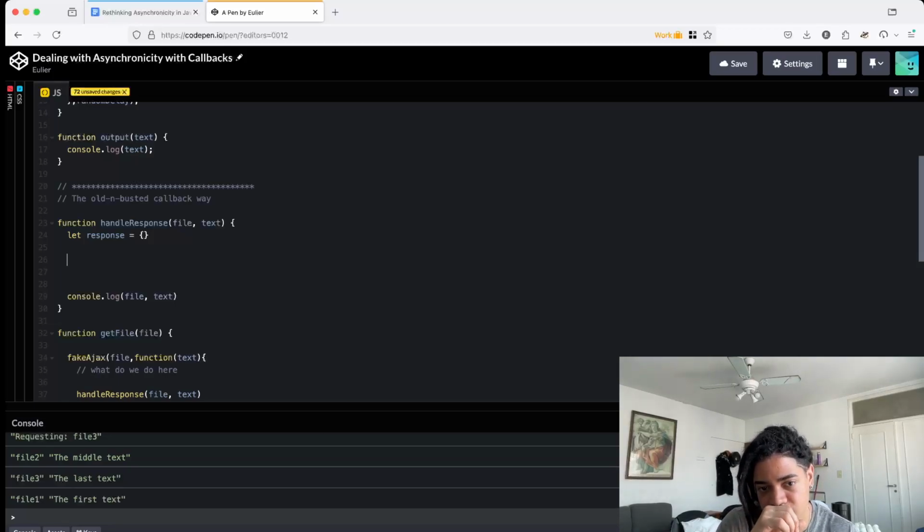Or it's not in responses. Can anybody guess what I'm going to do if it's not in responses? Break the for loop. Actually, in this case, get out of here, because you don't want to show something. For convenience sake, I'm just going to return. Just completely empty out. Whichever case I'm in, whether I'm looking at file 1 and it's not in there, or file 2, or file 3, whatever time I'm looking for that particular file,